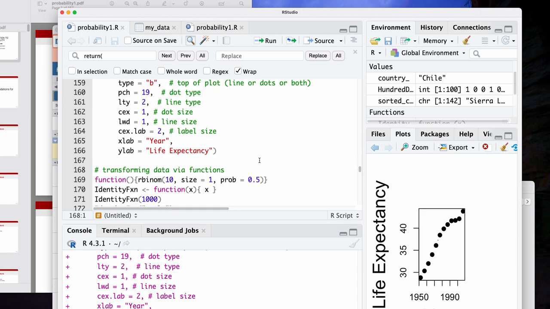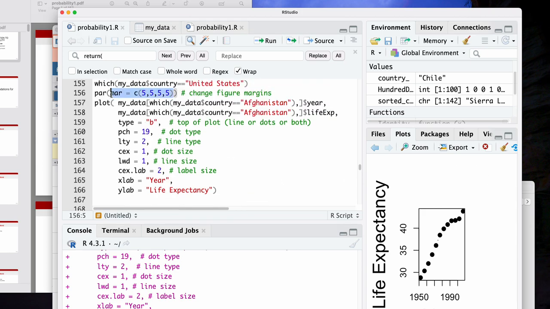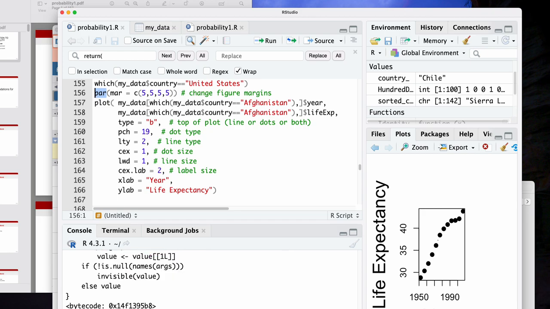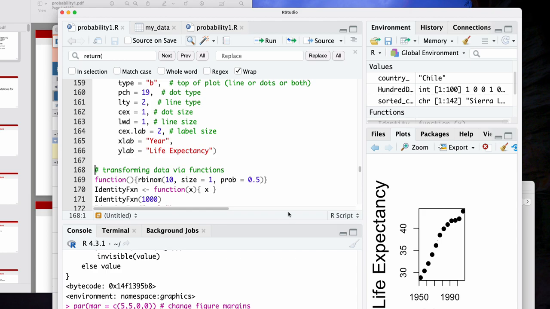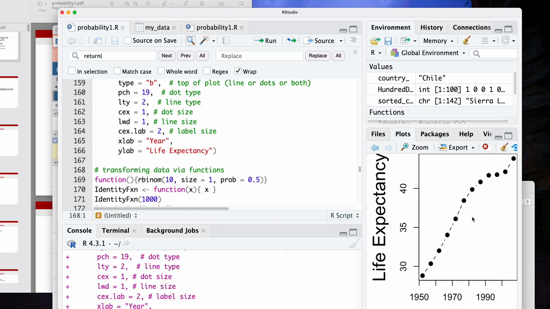So this par, it's basically saying we have these graphical parameters. Par defines graphical parameters, and now we're going to reset the mar, standing for margin part of it, so that the margins look one way or look the other way. So I could make the margins look much smaller by going 0. This refers to, I think, inches or centimeters or something. How should the margins look now? Those margins have gone away.